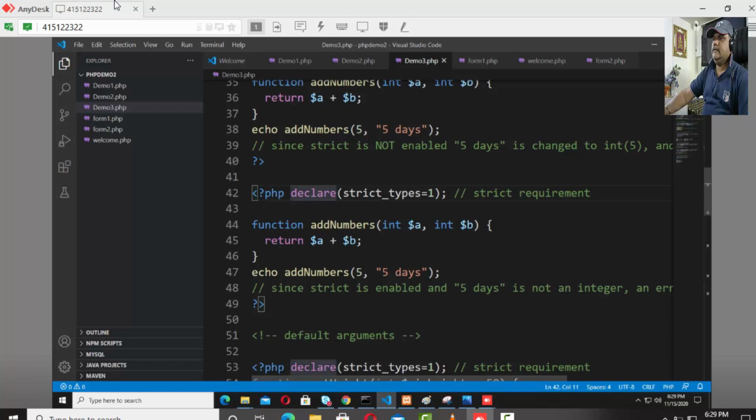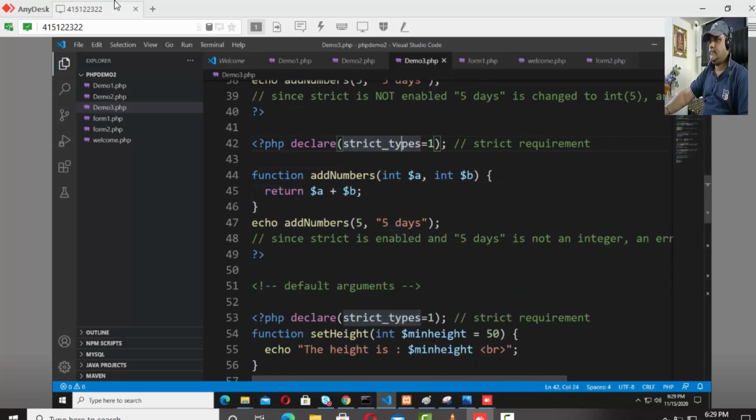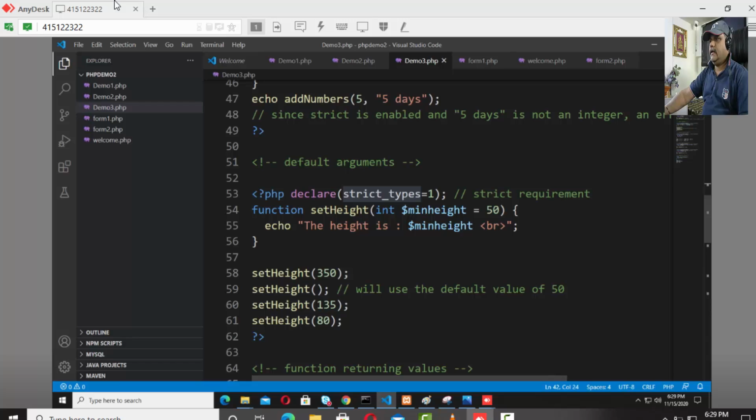Now we declare strict types equals 1, strict types equals true. Now if you try to pass such values, it will give an error, because this alphanumeric value cannot be assigned to the integer. So to do strict type checking, you have to set strict types equals 1. Here strict types equals 1, and here I'm going to declare